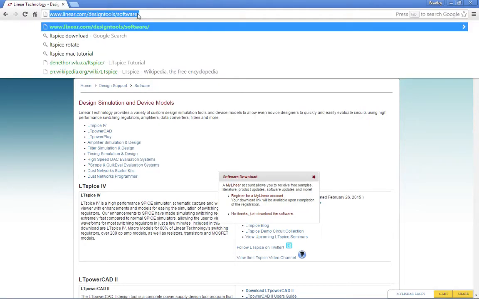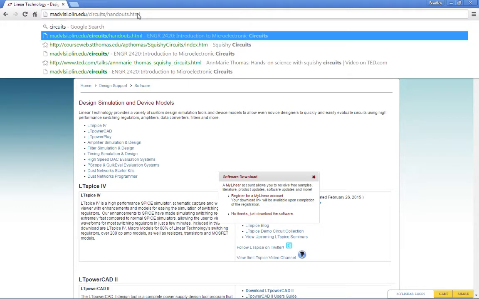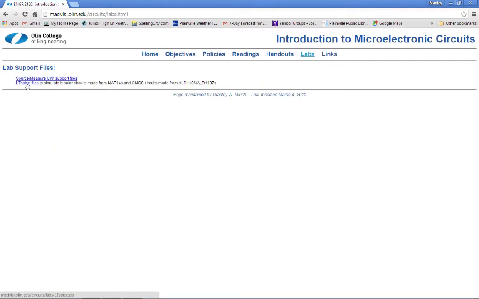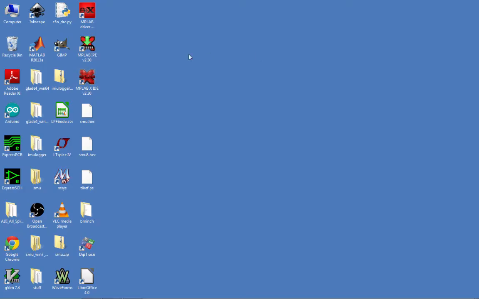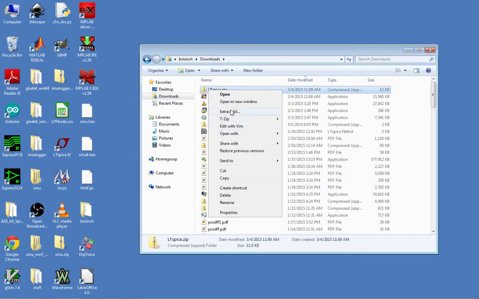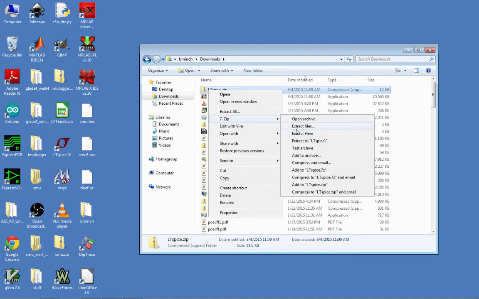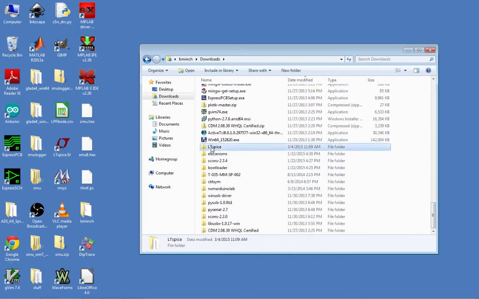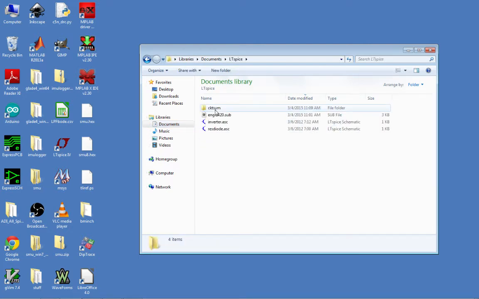The second thing to do is to go over to the course website, and if you go to the labs section, you'll find a new link to LTspice files, and you download that zip archive. Go over to your downloads folder, and I'm going to extract the files here. They are in a folder called LTspice, and you can put this folder wherever is convenient. I like to put it in my documents folder. Inside this folder you'll find four things. One is a subdirectory called